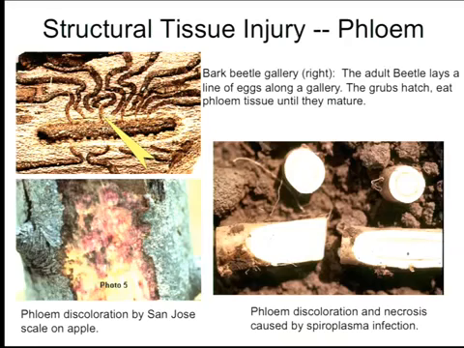Then phloem. Okay, bark beetles, for example, that make galleries, especially in more woody plants, and phloem discoloration. If you see that discoloration, also you cut the stem and you see some discoloration like that. Okay, something is happening here with the phloem. Something is affecting it, and the transport of the sap is not happening. Next.